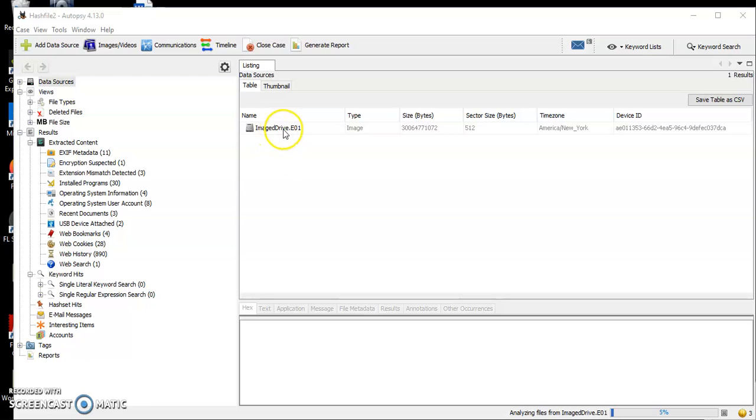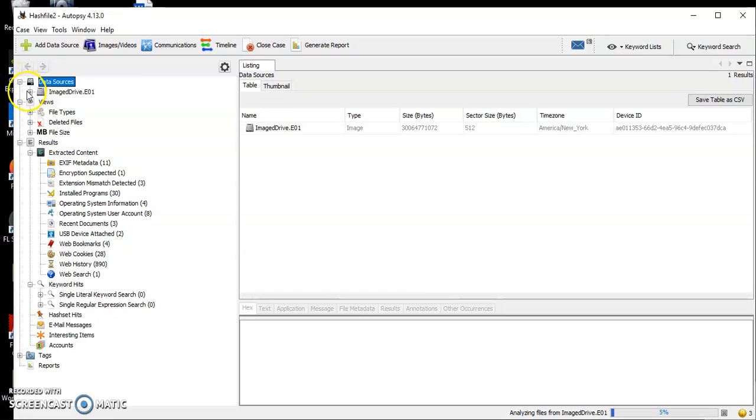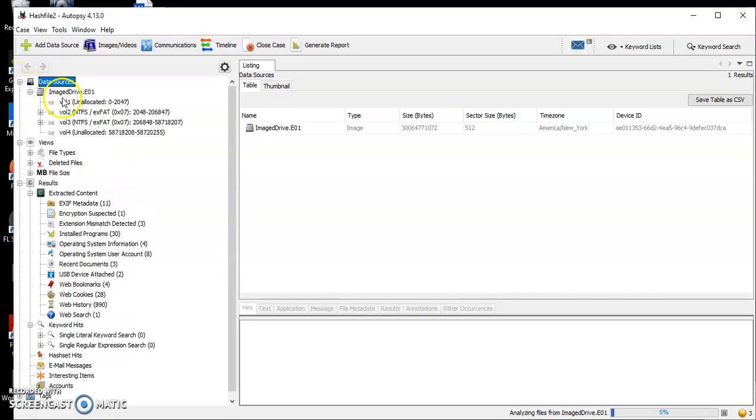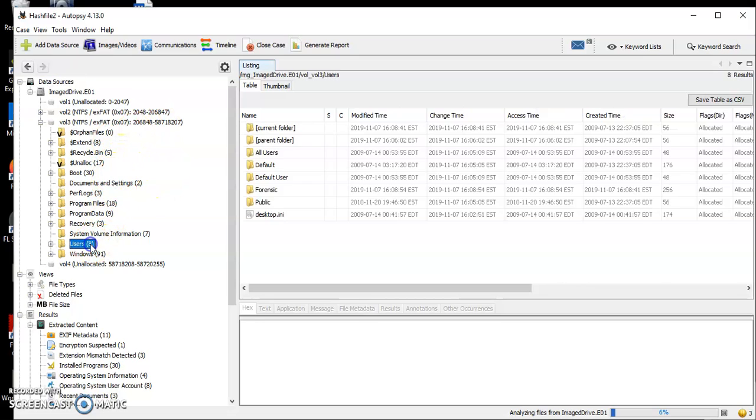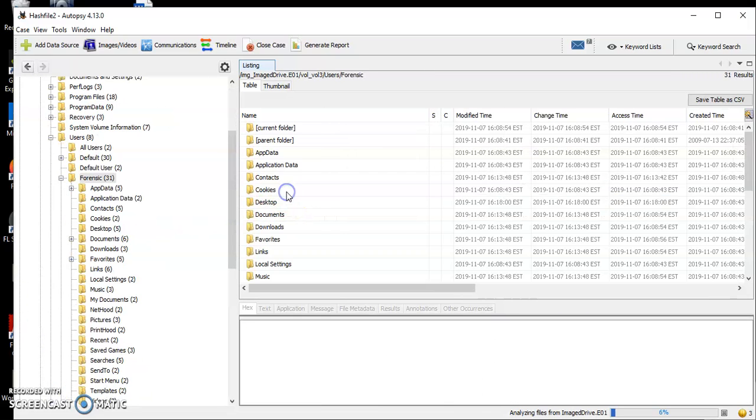So if you look here, you can see that we have our image drive, and what I do is I go over to data sources, pop that open, pop open image drive. There's the unallocated space, so the space that wasn't used. And let's see here, I can click on this and then I can pull it up here. See, I know where the file is, so